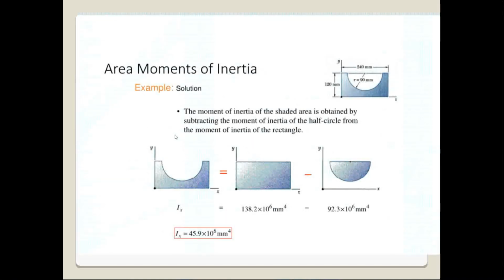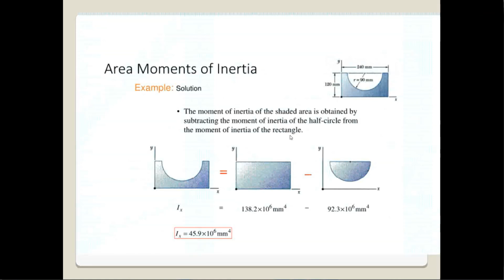To find the area given by the solution, we find the area of the rectangle, then the area of the semicircle, then subtract, and we get the moment of inertia, 45.9 into 10 power 6 mm power 4.